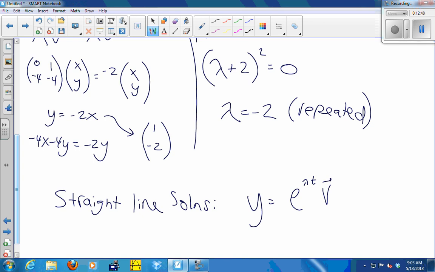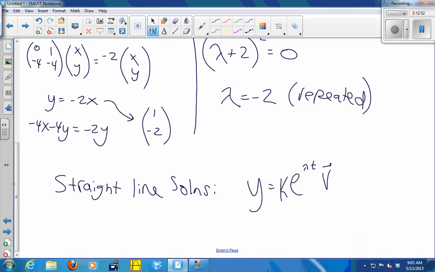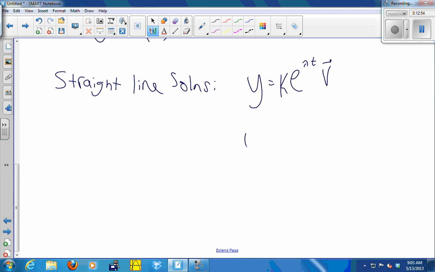And any eigenvector will make this a straight line solution, so you can throw a k in front, because any multiple of the one particular eigenvector you chose is also an eigenvector. Okay, so in this case, I'm going to have y equals k e to the -2t times my eigenvector of